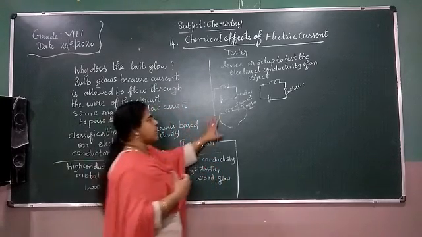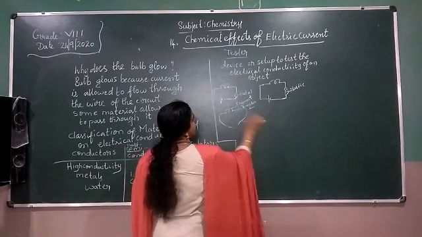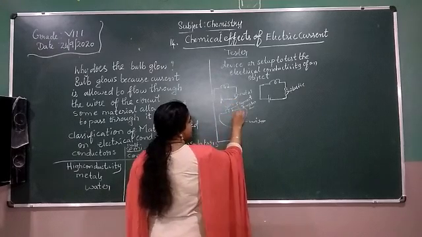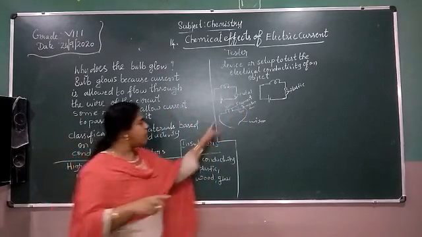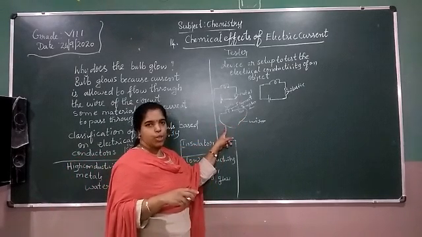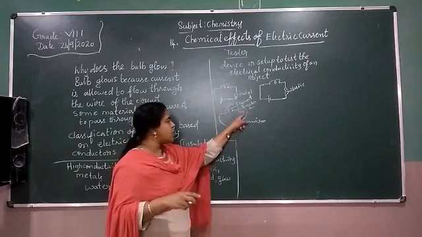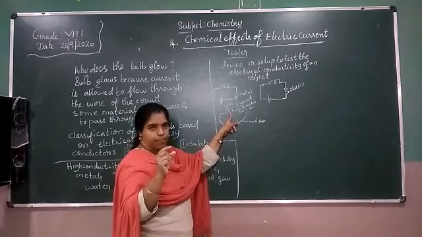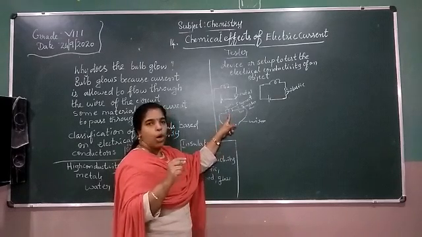So I am connecting the wire. This is the wire. This is the bulb. This is the cell. I connected two wires, red and green, or black or any color, to your battery cell and the bulb here. And I didn't touch this connection. Will the bulb glow or not?